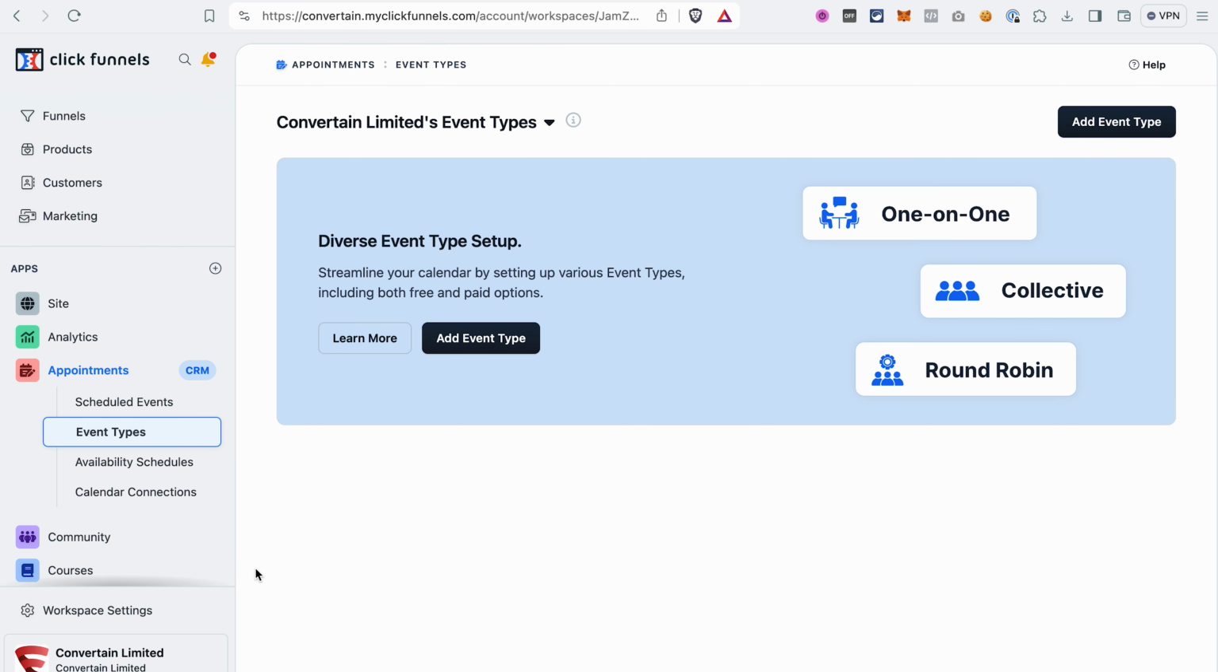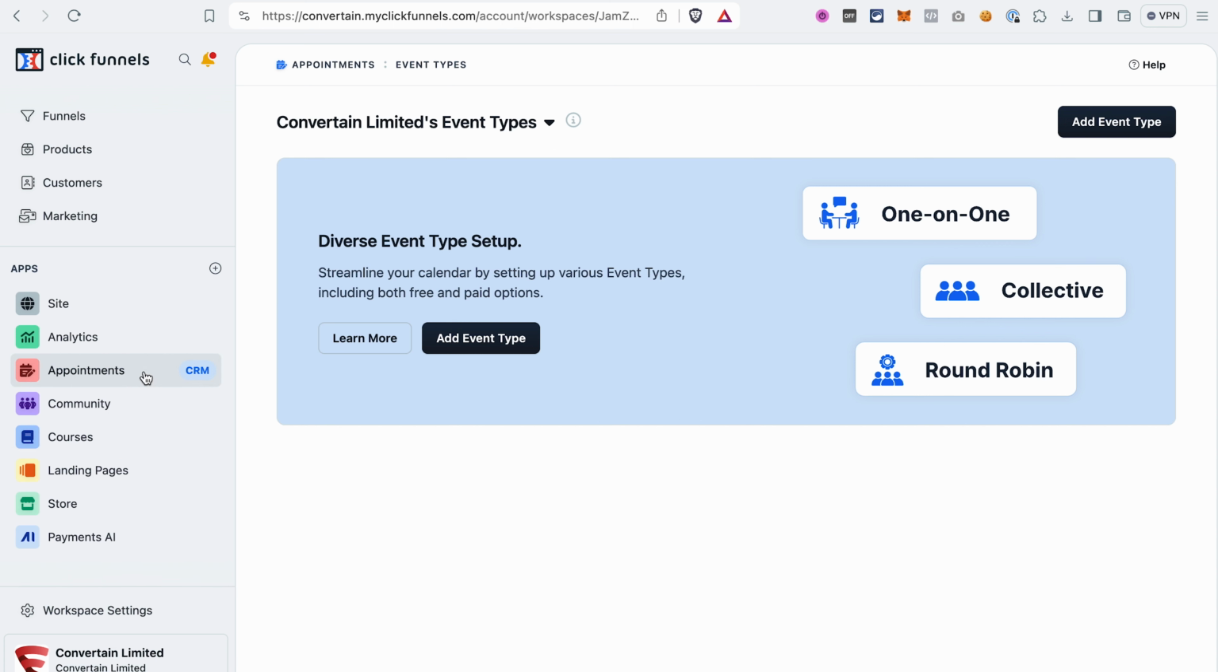Now let's set everything up. Before we create an event in the appointments section, you should ensure that you have a Payments AI account created and connected to your Clickfunnels 2.0 account, and that you already have connected one of the payment gateways, for example Stripe or PayPal. If you have not done it yet, go to the Payments AI and follow the steps that you will see on the screen. And if you already have everything connected, then you can go to the next step, and that would be creating a product. To do that, go to the Products,